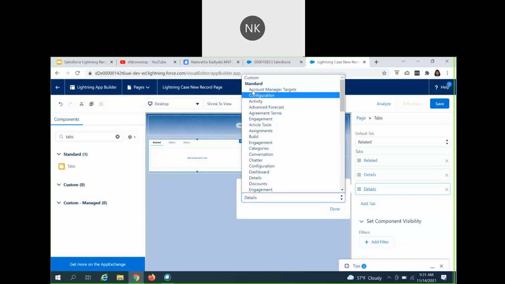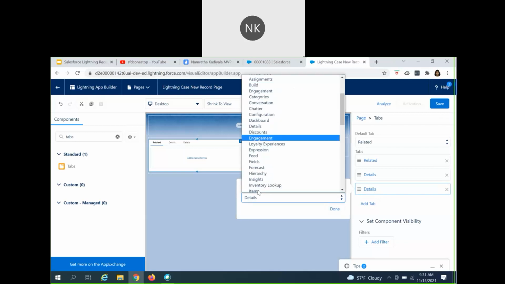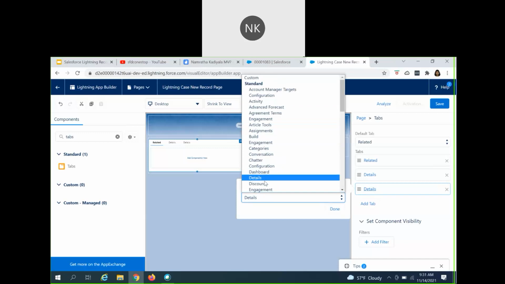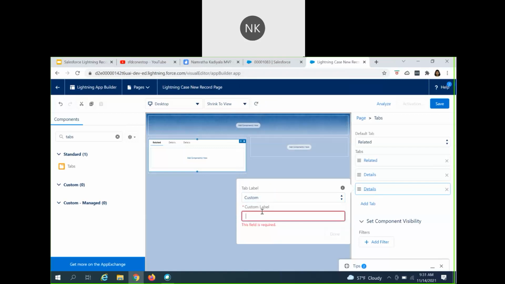So here it is providing a certain set of standard tabs you can make use of, like product, translation, task. All of this is something which you can make use of. And if you want to have your own tab, you can click on custom and give the name, transportation, something like this, and click on done.